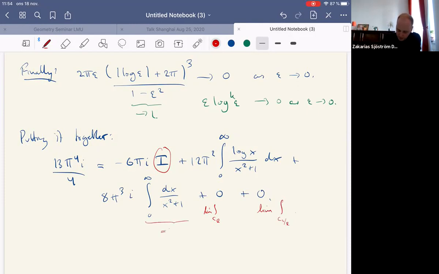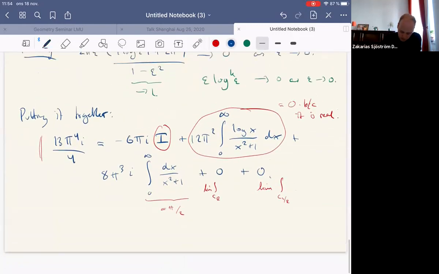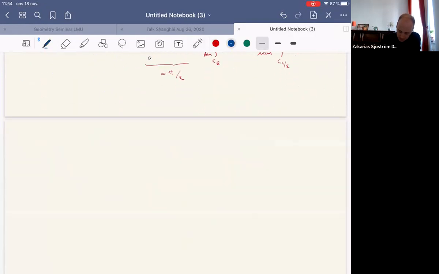And as I said, I already remarked that this was equal to pi half, and this has to be 0 because it is real. And we knew that this total thing was equal to something purely imaginary. So equating real and imaginary parts,